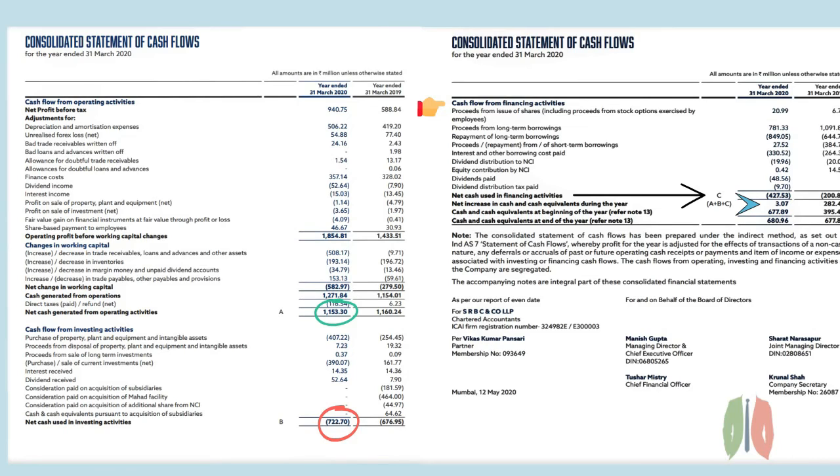So cash flow statement is the only thing which we have to see whether the cash is coming from where and where it is going. That is the purpose of cash flow statement. To see the performance of the company, we'll be seeing income statement, and to see the assets, we'll be seeing the balance sheet.